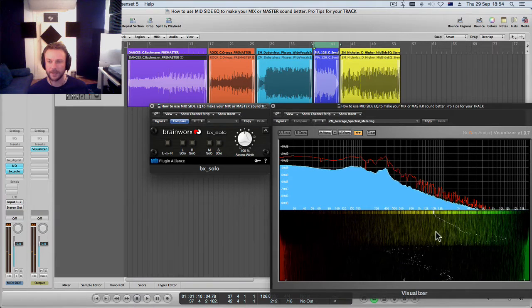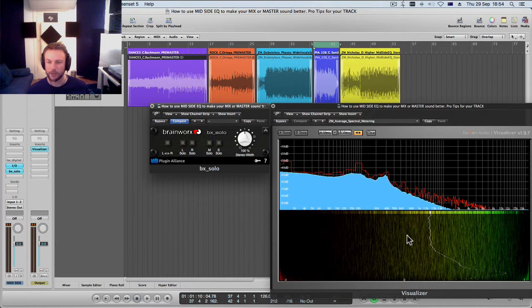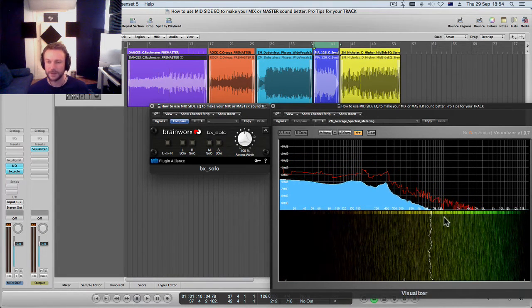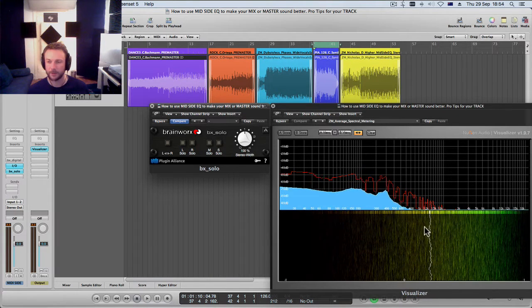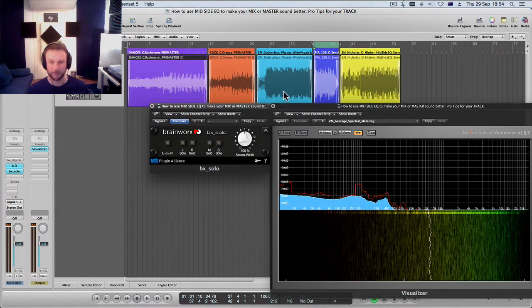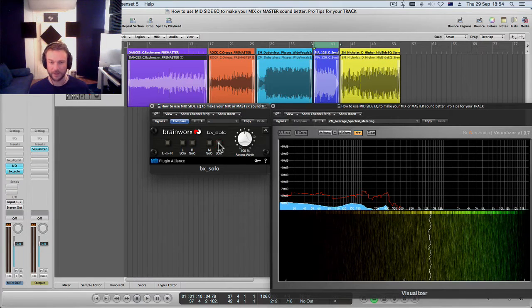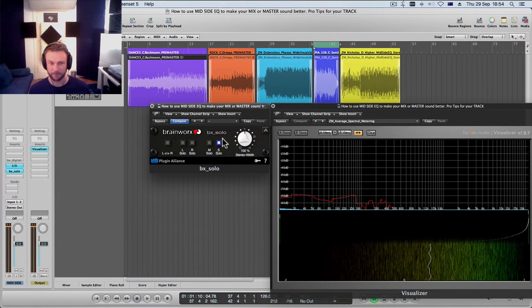So, sounding a bit odd. If we looked at our correlation meter there, it was coming right over to this dangerous area. We want it more over here. Now, if I solo the side signal with our little plug-in here,